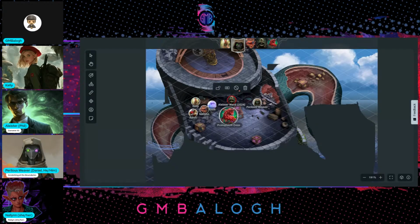Is it deceased now? Can we go inside the snake? This looks very interesting. All right, then Naylin. Rosie, seeing another oozy thing, gets so excited, and then suddenly it hurts Alistair, and then Rosie's kind of scared and mad, and she backs up a little. Hold on, I froze. I'm refreshing. And then Adios instead is going to come over here and take the dodge action, and I am backing up and